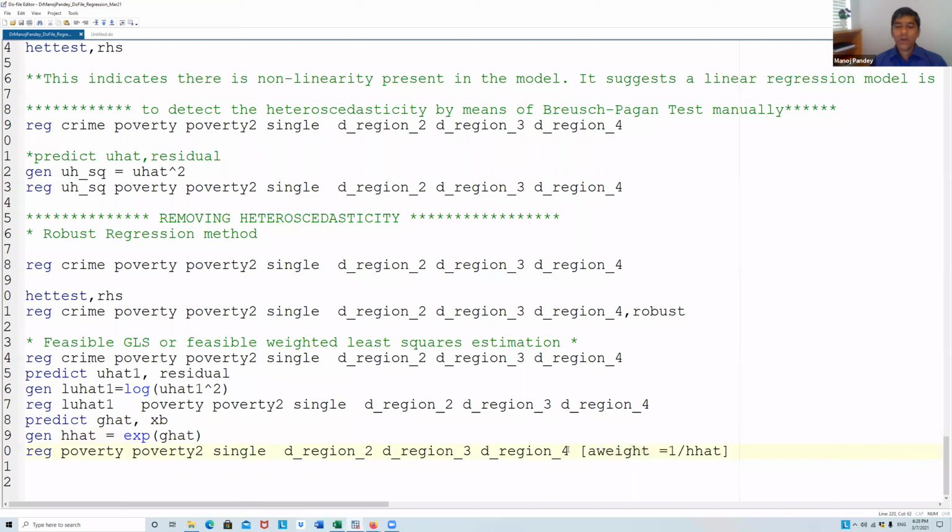So basically you manually can do feasible GLS or feasible weighted least square estimation to resolve that issue, but that is beyond ordinary least square method.